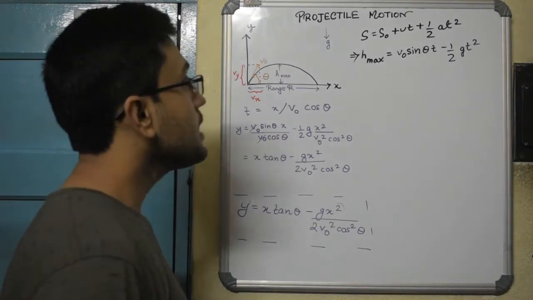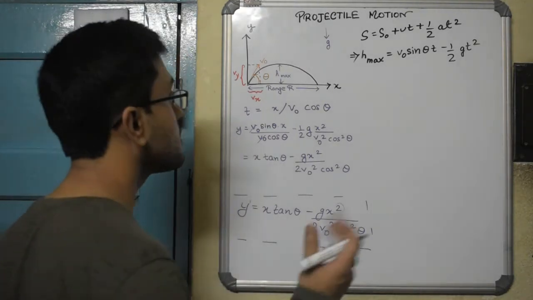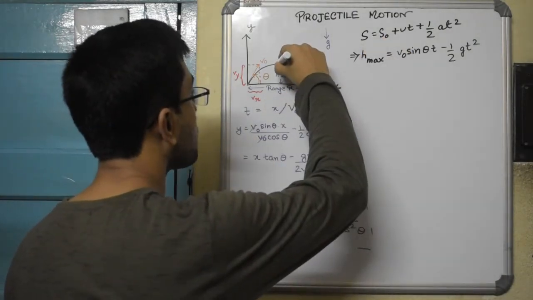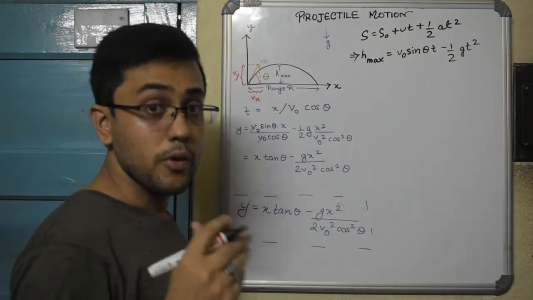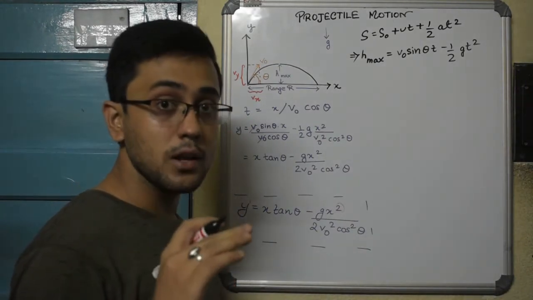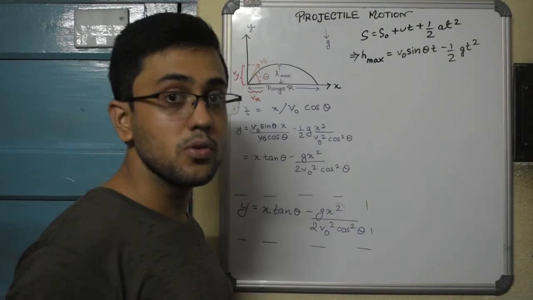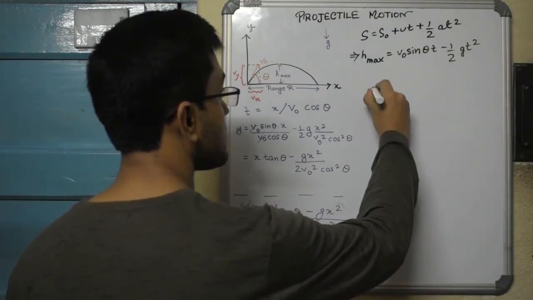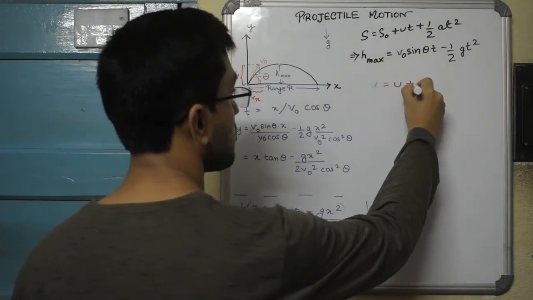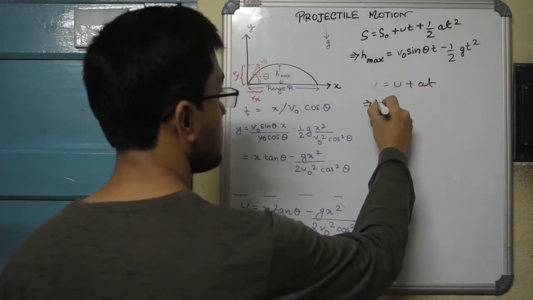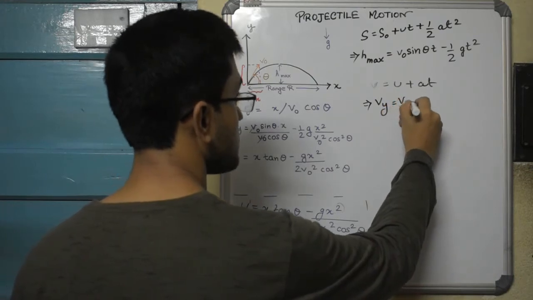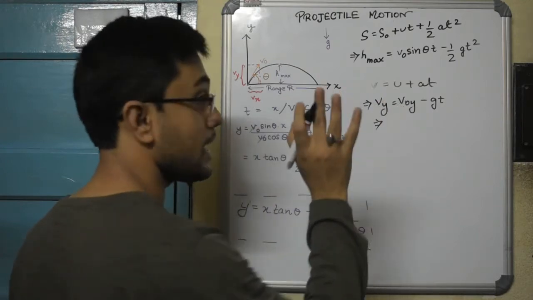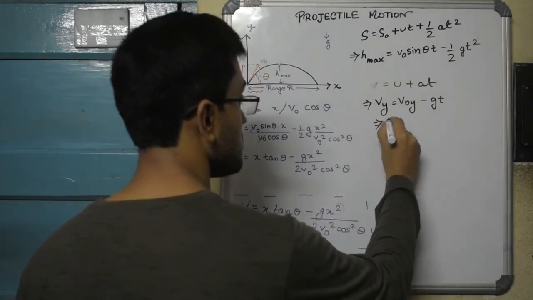So another idea that you can think of is, as I said when I initially drew this, that at the highest point, what is happening? Whenever a body is at the highest point, what happens? Its velocity momentarily becomes 0, right? So we had this equation for velocity along the y-axis, that obviously the initial equation is v equals u plus at. So the final velocity along the y-axis is the initial velocity along the y-axis minus g times time. Now the final velocity at the highest point, at h max, becomes 0.